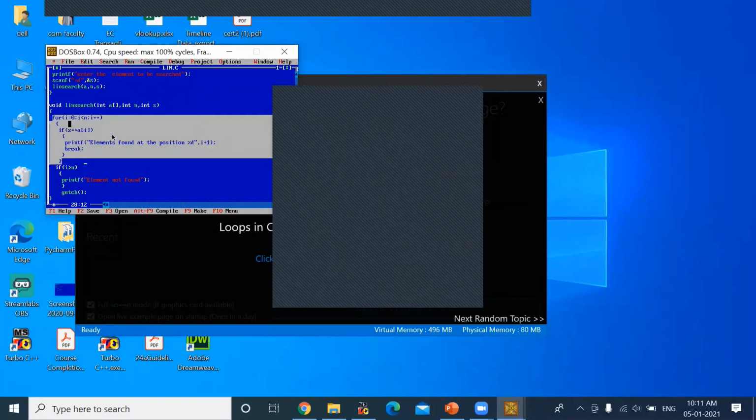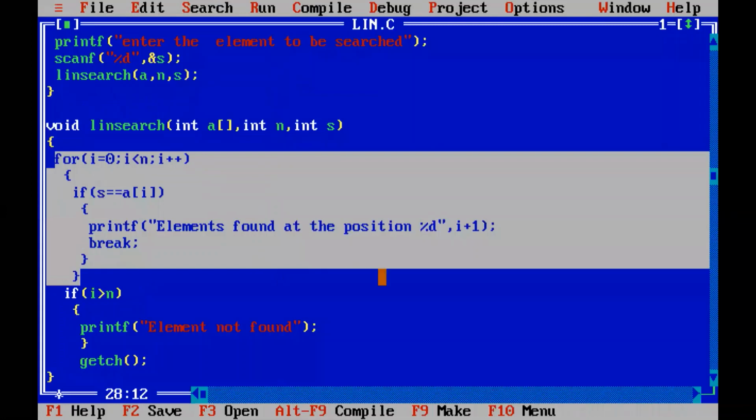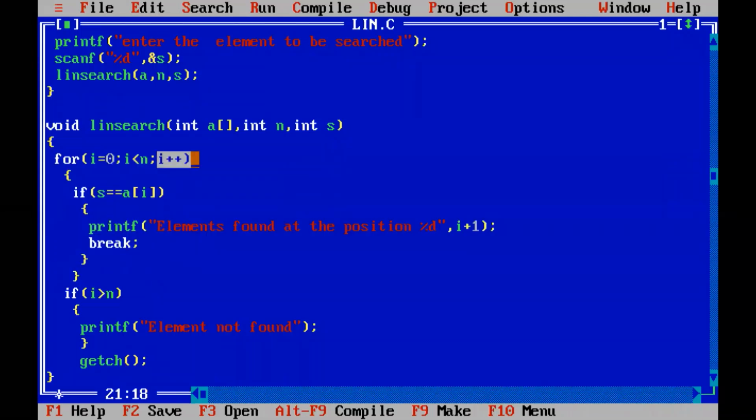I equal to 0. This for loop, can you see the for loop? You have already executed. You are supposed to execute all these programs. I can't keep on tracking you people. I equal to 0. Then S value will be compared with A of 0. Then I value will be incremented. So 0 plus 1 means 1, right? A of 1, then A of 2.